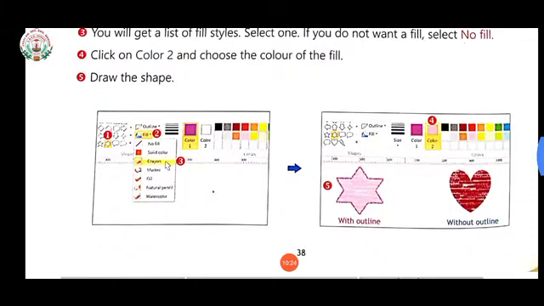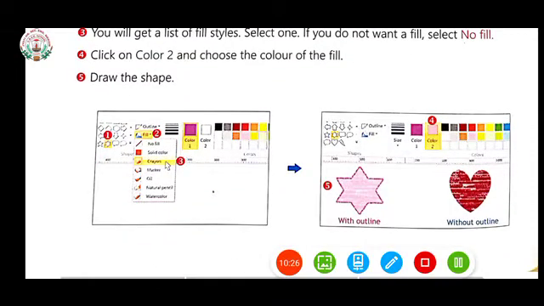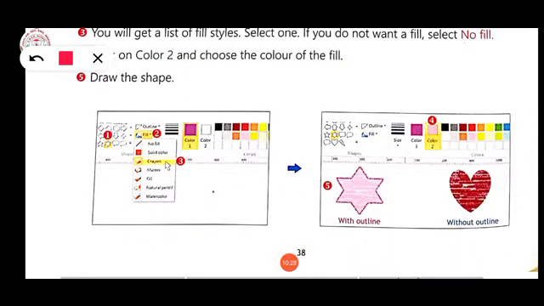You have seen here your outline is also that color and your shape is also filled with that color. Here red color is there, so red color. Whatever you want to choose, you can choose it from here. So many colors are given here, you can choose whatever color you want. Thank you.